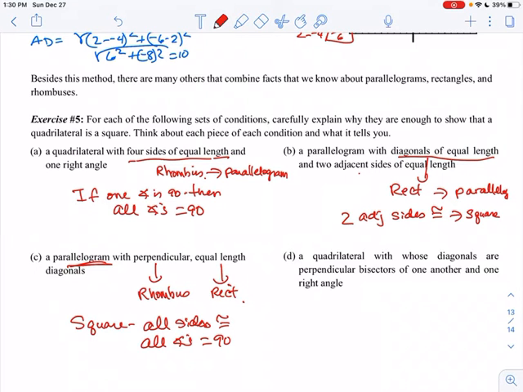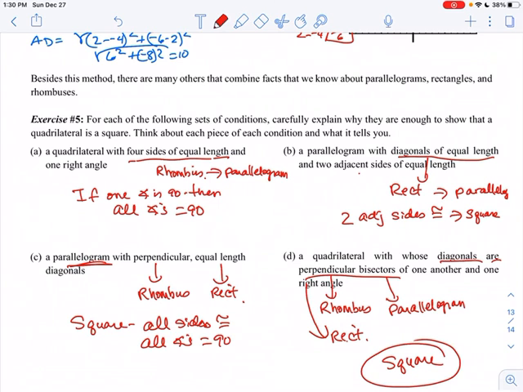If it's a quadrilateral whose diagonals are perpendicular bisectors of one another and one right angle. So if the diagonals are perpendicular, that makes it a rhombus. If they're bisectors, well, that makes it a parallelogram. And if it's a rhombus and it has one right angle, then that makes it a rectangle. So as soon as you see that it's a rhombus and a rectangle and a parallelogram, then you know that it's a square. Okay, and we will practice our square